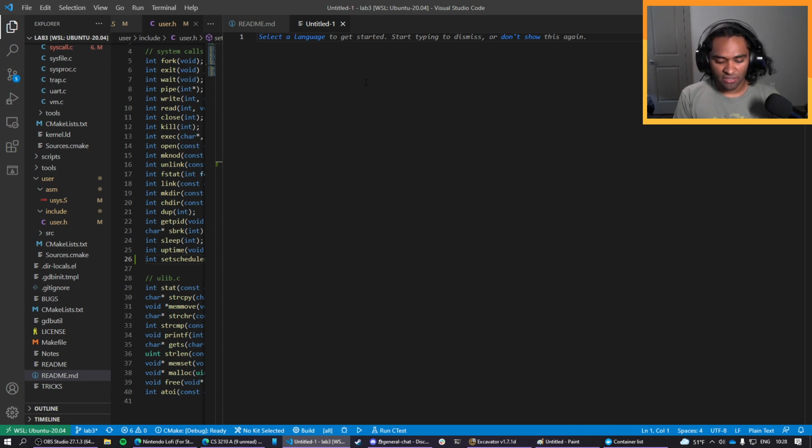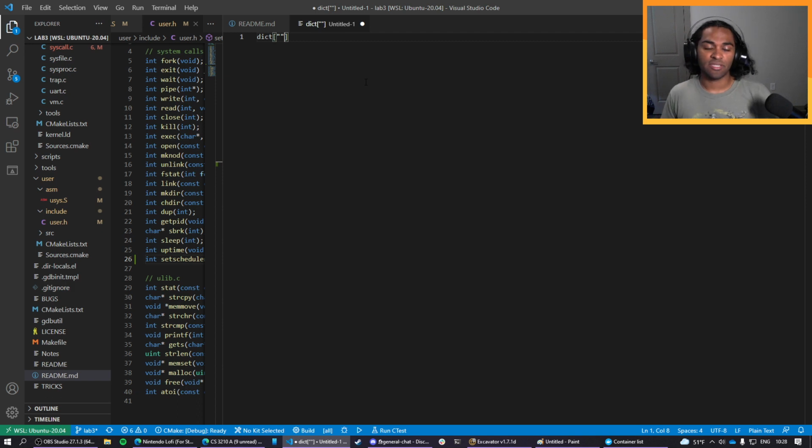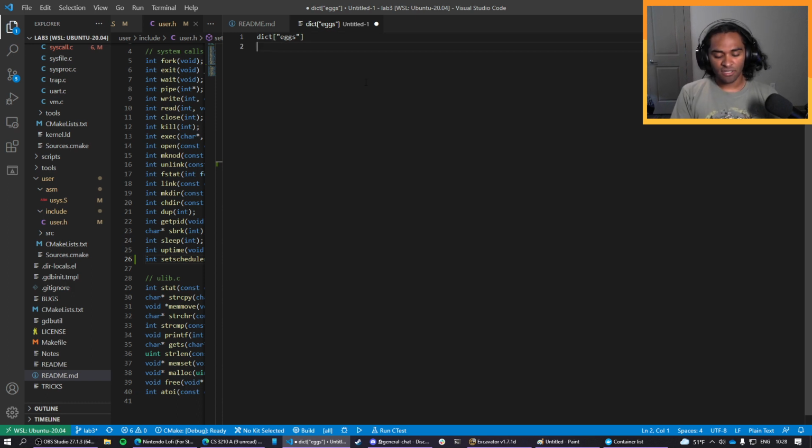Let's say I wanted to see how many calories were in each food. So let's say I made a dictionary of food. We'll call our dictionary dict, and then we use something called a key in order to get the value associated with the key. So if I want to find how many calories eggs is, then maybe I type something like this. And this is all you have to do in Python in order to get the value out of this dictionary entry. Whereas in Java,